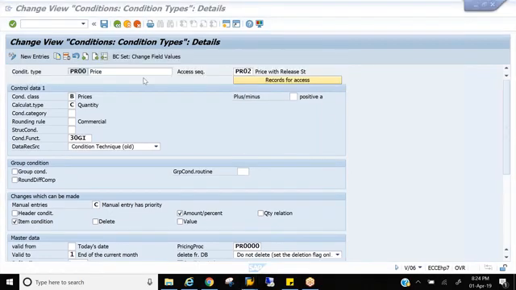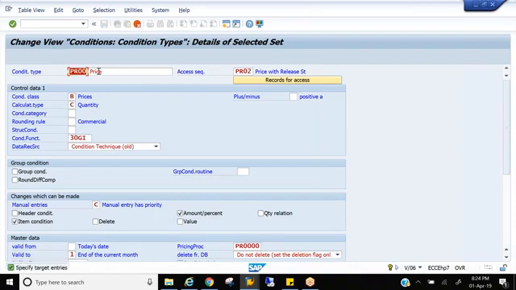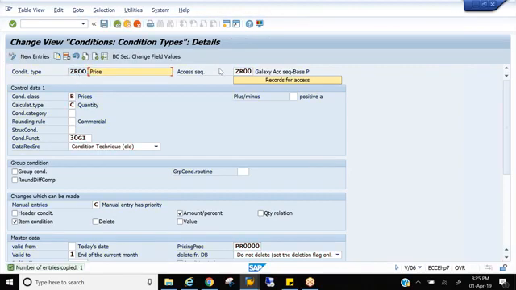So now what I want to do is copy this base price condition type and create a new price. You also do the same thing. Don't work on the standard. Copy it. And what name do I want to give? I want to give ZR00. Okay, ZR00 is available. And here we assign the access sequence to the condition type. What is my access sequence? That is ZR00. My condition type is ZR00 and my access sequence is ZR00. That's the assignment. Now save it.